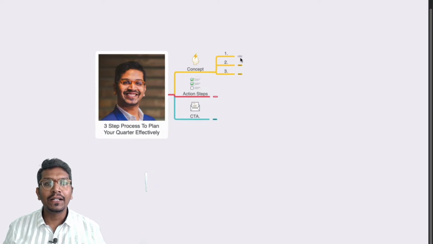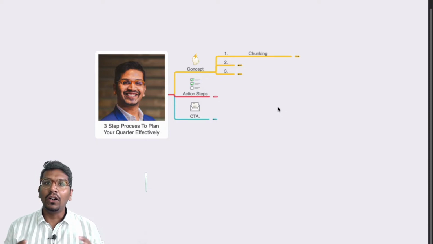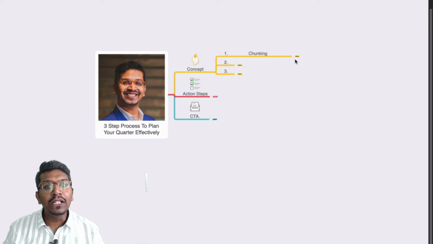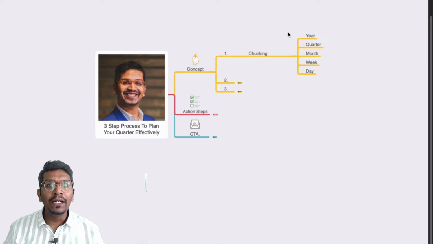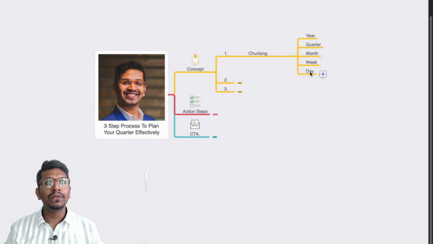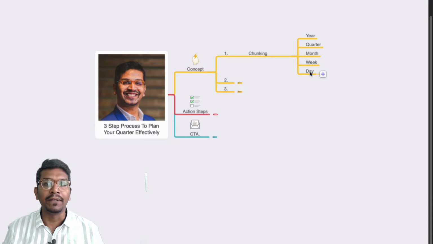The first concept that goes along with this is the concept of chunking. Chunking is a method of breaking big things into small pieces and digesting them slowly, one at a time. In a similar fashion, we need to break our yearly goals into quarterly structures, and the quarterly goals into monthly, weekly and daily format. Once we are able to break all our goals and activities down in this fashion, we are able to create more results and more output in the given period of time.